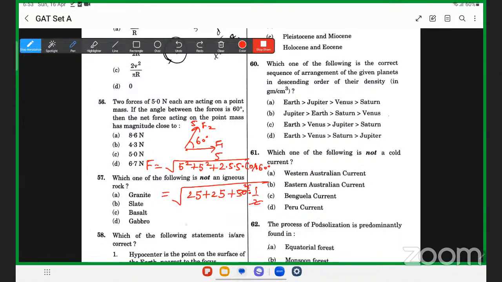Again 25. So it will be 3 into 25. 3 into 25 means 5 root 3. So 5 root 3 will be approximately 8.65 because 5 into root 3 is 1.73 into 5. ऑप्शन ए बन जाएगा।